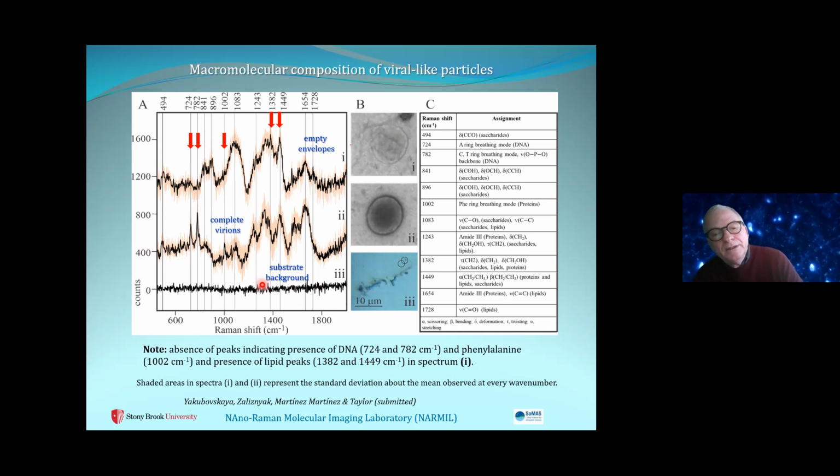Here's the complete virion again. And this bottom spectrum, or lack of spectrum, is just from an empty field on the substrate that we deposit the virus on before we take the spectrum. And by the way, we deposit all of our cell samples and viral samples on mirrored finished stainless steel. So we're not using glass or quartz. We use slides that are made of stainless steel, which gives us really, really good results, and no background interference from the stainless steel, which is outstanding.